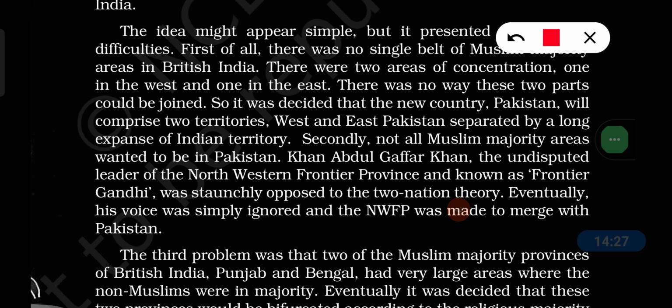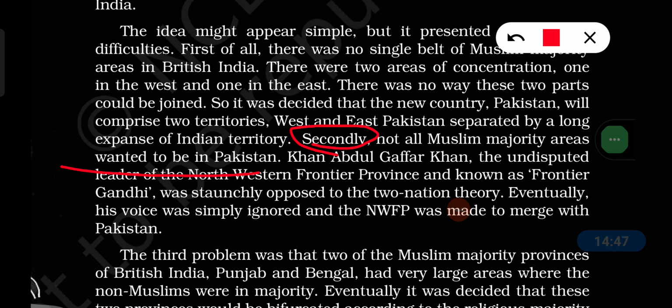And the second one: not all Muslim majority areas wanted to be in Pakistan. Khan Abdul Ghaffar Khan, the undisputed leader of the North West Frontier Province,